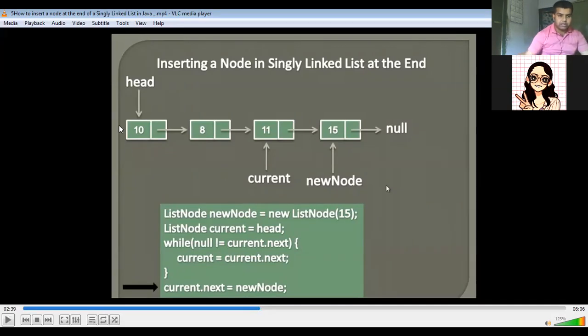Right now this is the first node. As you can see, this first node is pointing towards the next node which has a value. It does not have any null. Then from the second node to the third node, it is again pointing towards a particular node which also has a value. So the nodes do exist. From 11 again it is heading towards 15.